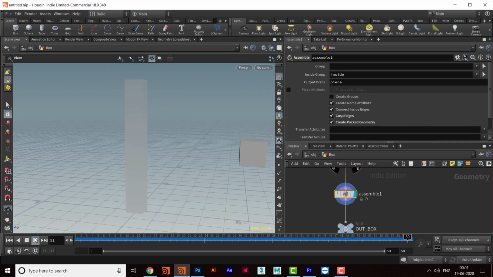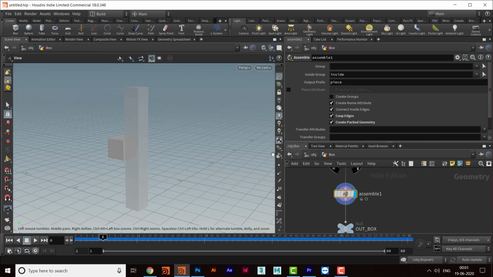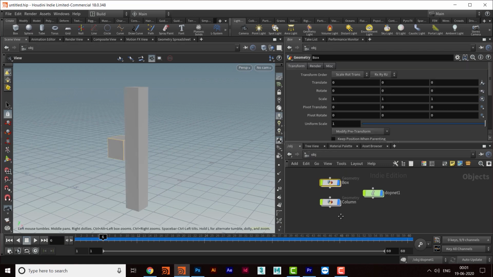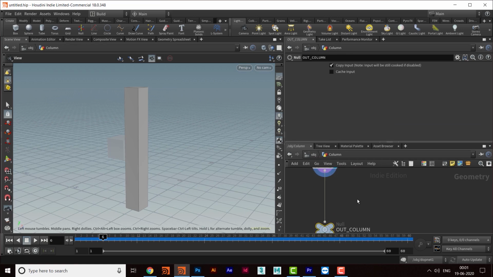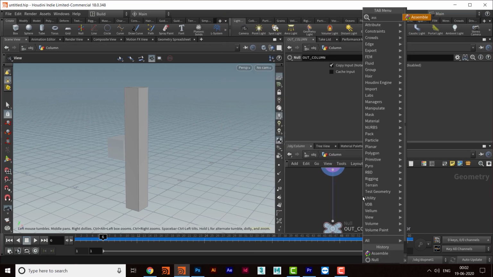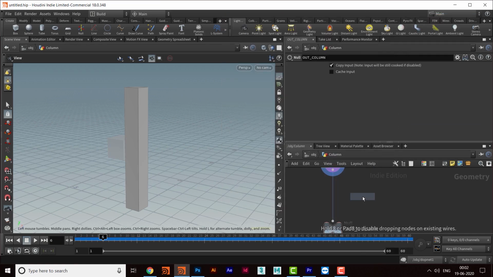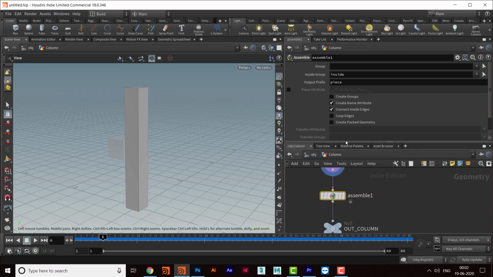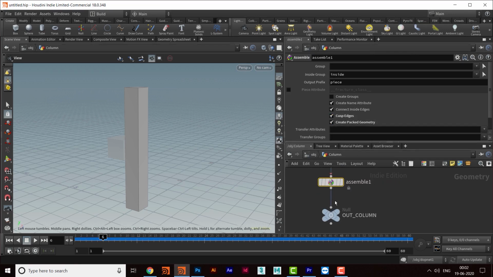Okay, so fine. Now I will do the same thing with the column. I will come here and take Assemble, and click here, and that's fine.